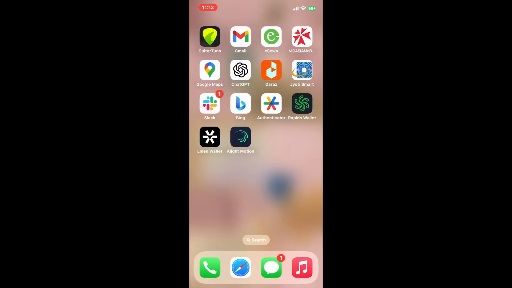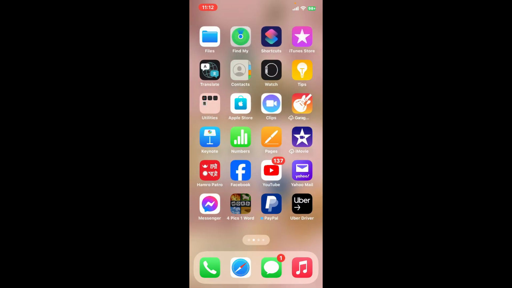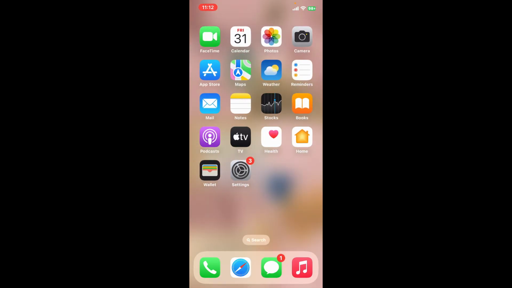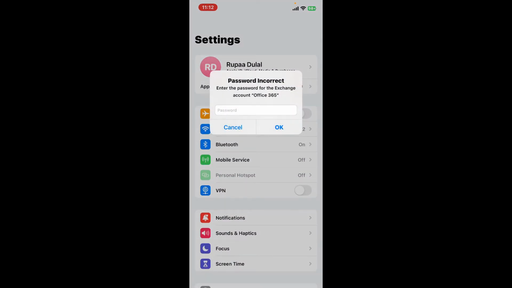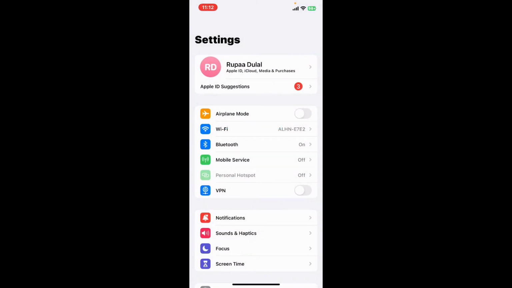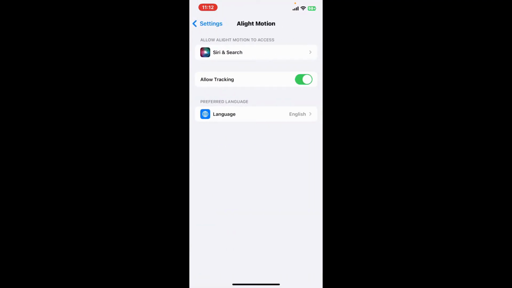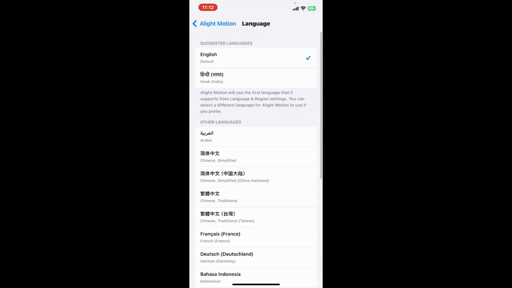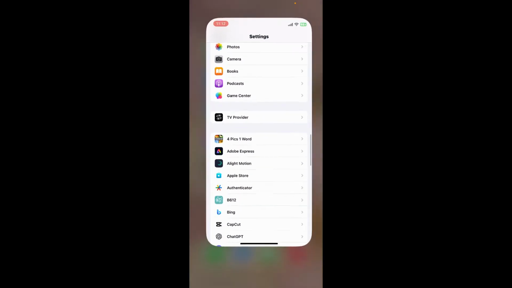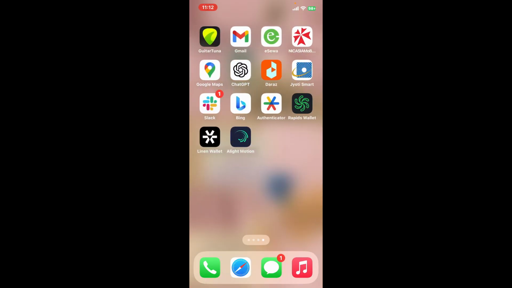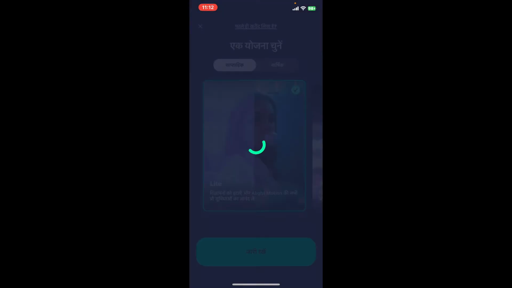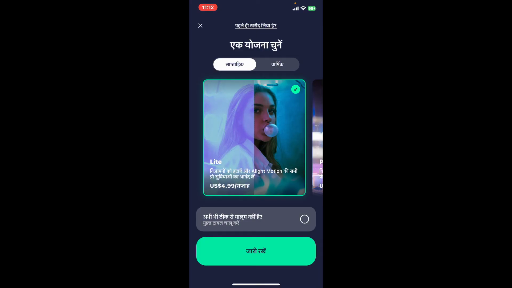The first thing you will need to do is to open up the settings application from your Android device or your iOS device, and from the settings menu, go ahead and look for Alight Motion application. Now under preferred language, tap on language. Select the language you'd like to change to for the app and then open up your Alight Motion application from your app drawer. You will then be able to see that you have successfully changed the language setting for your